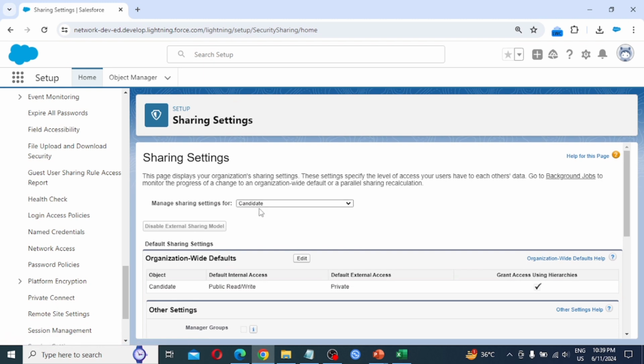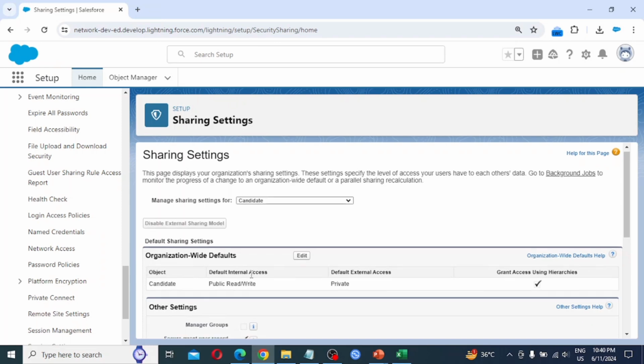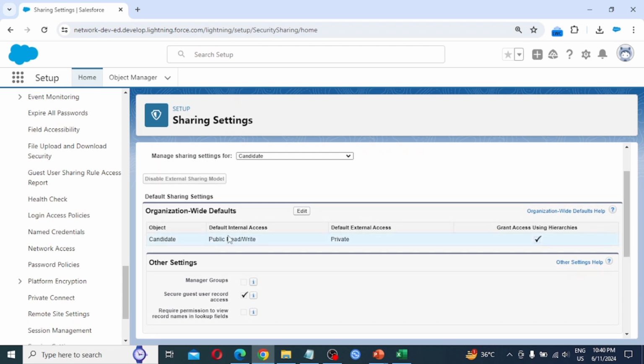If I click on the candidate object, all the settings are shown over here. Default sharing settings, organization wide defaults. The object is candidate, default internal access is public read write, default external access is private, and grant access using hierarchies is checked.